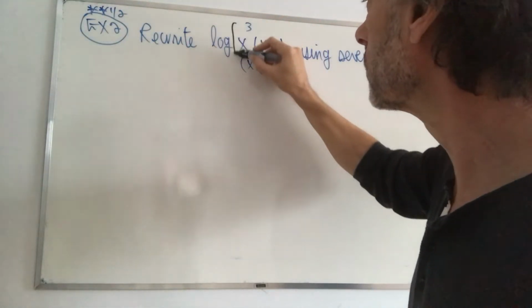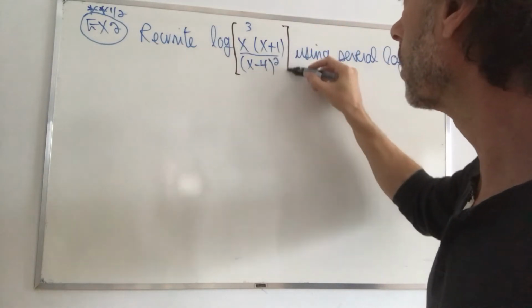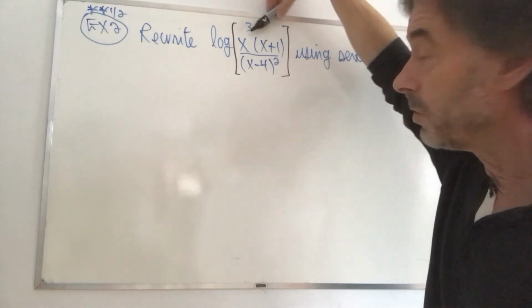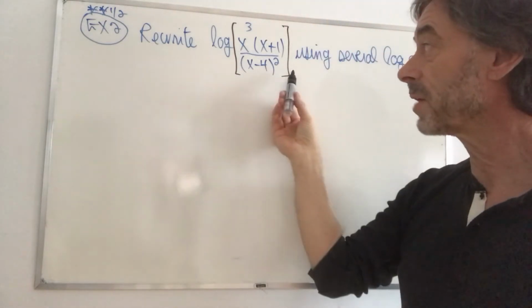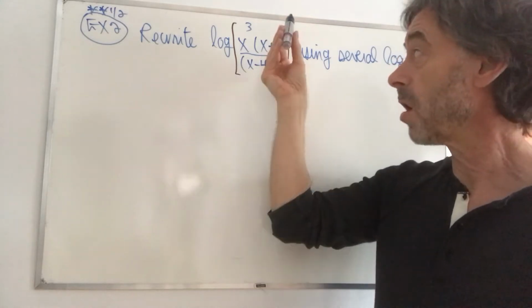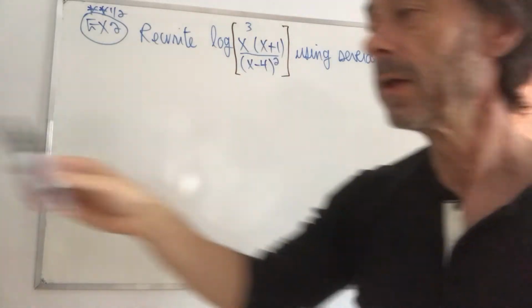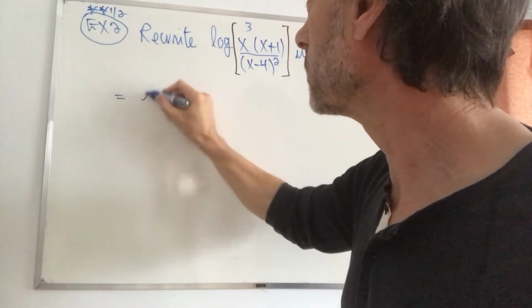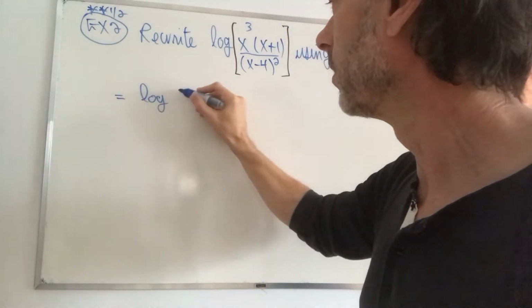So if you want, this is the log of all this. I will consider the top to be my u. I will consider the bottom to be my v. And I will consider this whole thing as log of u over v. And that's the second property of logs. So I will say that this is equal to the log of the top,